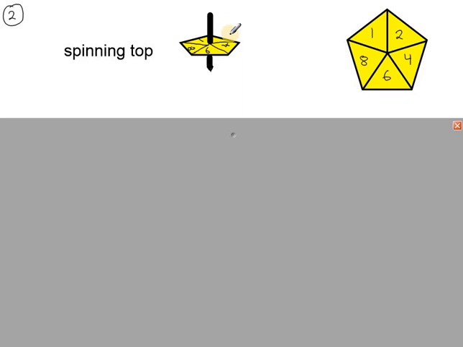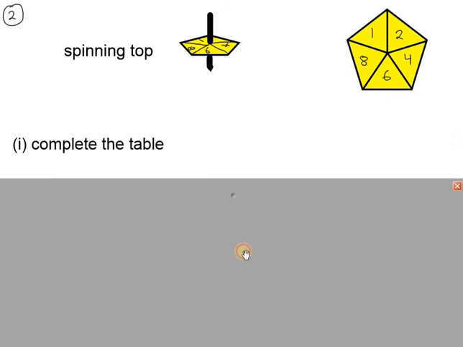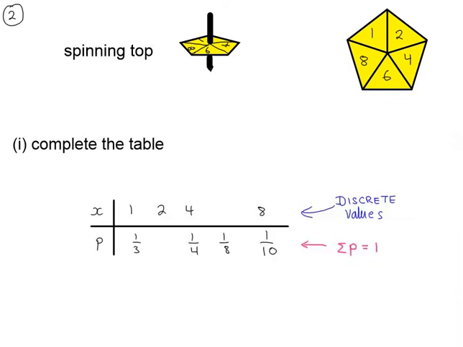Example 2, we have a 5-sided spinning top. When this stops spinning it will land on one of these 5 sides. These numbers make up the sample space. The spinning top is biased, it's not fair. If it was fair, the probability of each of these would be 1 chance in 5, because there are 5 sides. So first of all there's a value missing here, and we can see 6 is absent from the table,